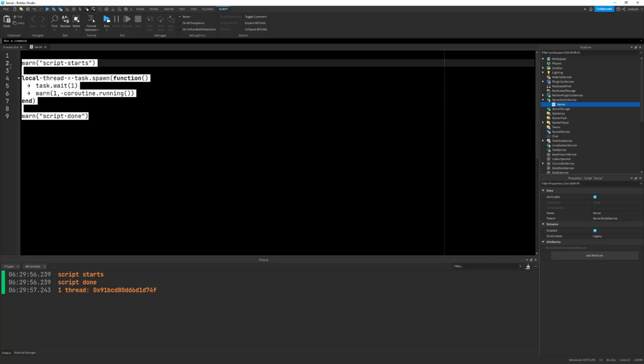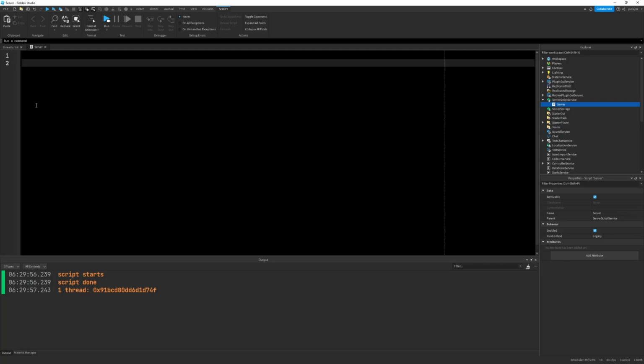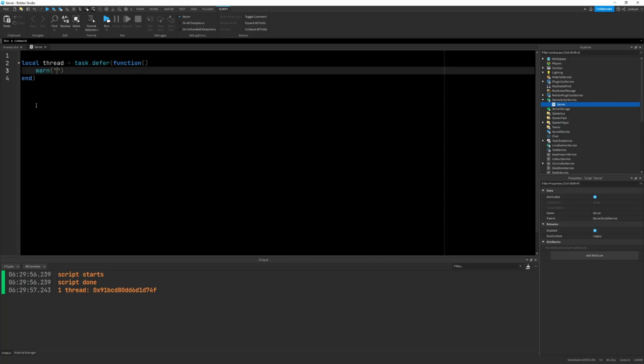Now, I mentioned there's actually multiple ways to create and run coroutines in the task library. Another way is with task.defer. And task.defer can also take a function or a thread as the first argument. If it takes a function, it's going to create and resume a coroutine. And if it takes a thread, it's just going to resume the thread you pass it. So for now, I'll just pass a function, and I'll just print